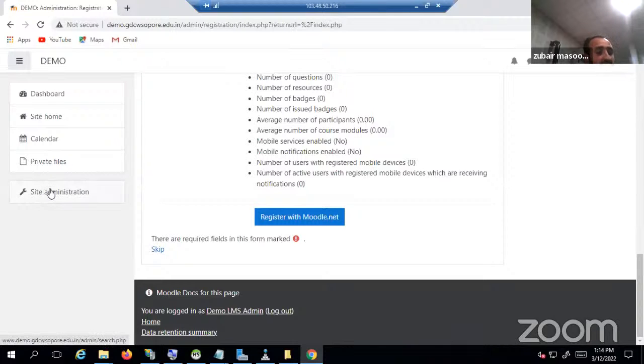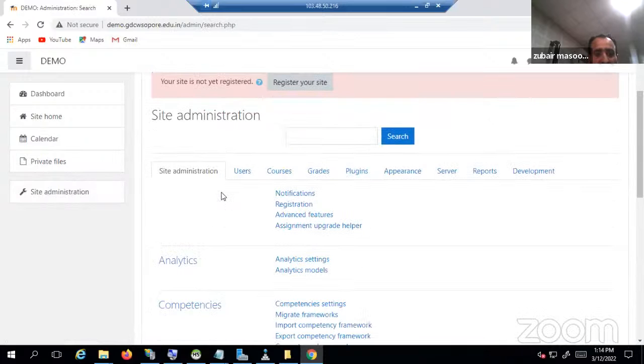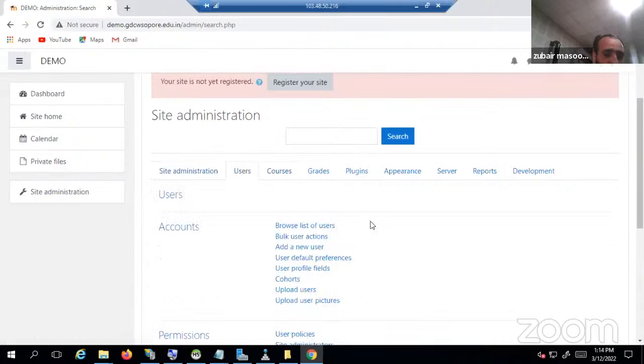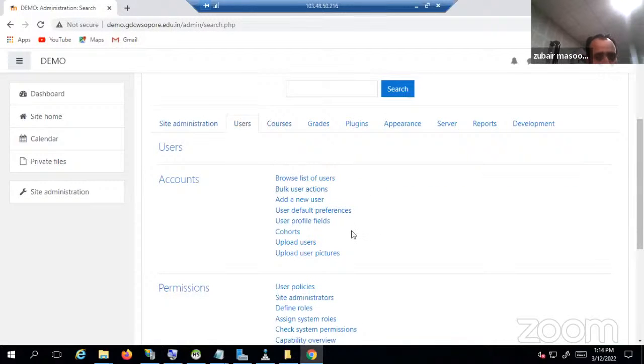So having said that, we are now coming to something more specific. We can go to site administration. And the first thing we can do is create some users or create some courses. Let's try to create the first course. Now, there are different types of users. Some are called course creators, some are called managers, some are called users. And what are the different kinds of roles you can create? You can go to the users tab and see